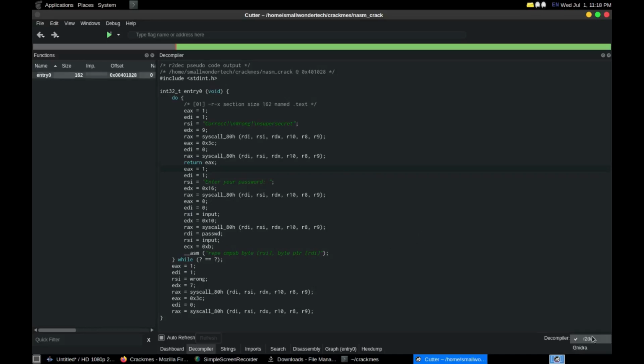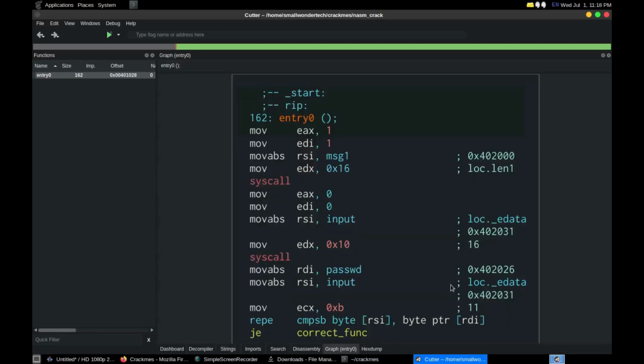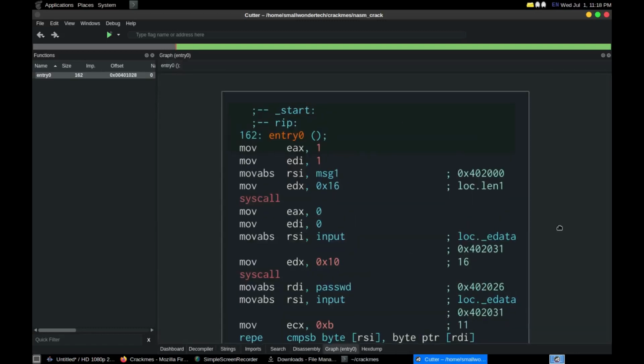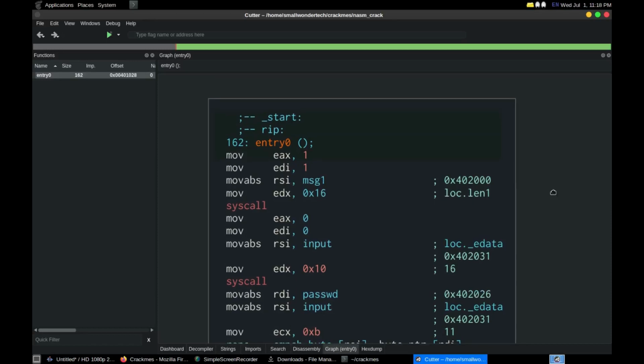So that's that. But in this video, we're not gonna be using the decompiler. There are several other uses for the decompiler, but in this video, we're not gonna use that. So let's just solve this program as quickly as we can. And like I said, make sure you understand a couple of assembly language, so this is gonna be